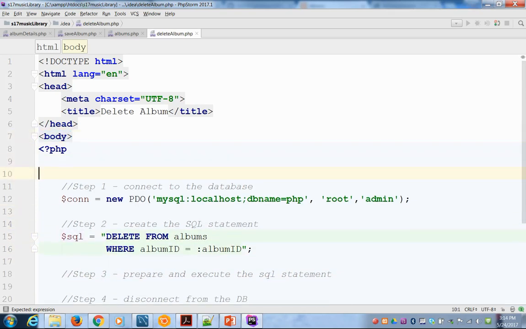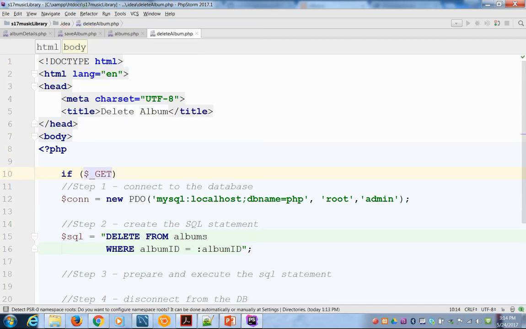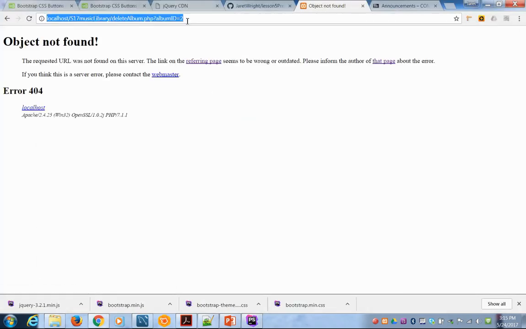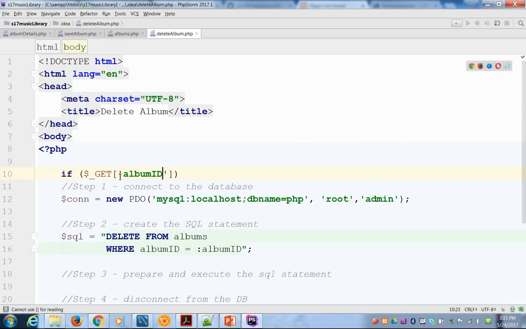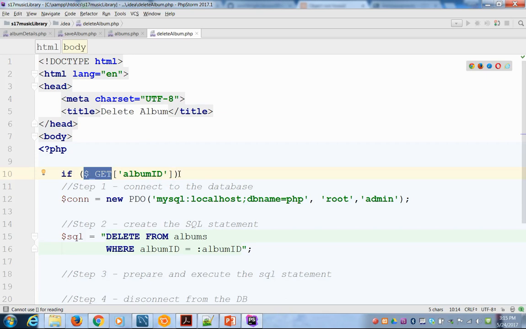So let's actually create that. So we're going to say if, and I'm going to use the get array. So that's where it'll get it from the header information, right? So right now, when we click on this, we have album ID equals 2, right? So I'm going to use the get array. Remember, get puts it up here. Post does not, right? That's the difference between get and post. So I'm going to say if this is not empty,